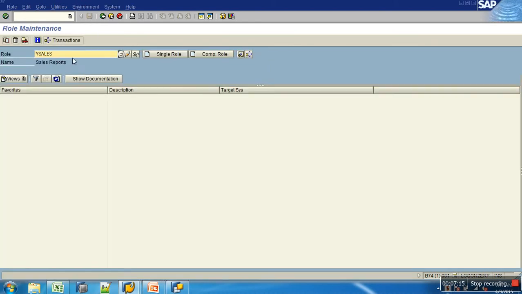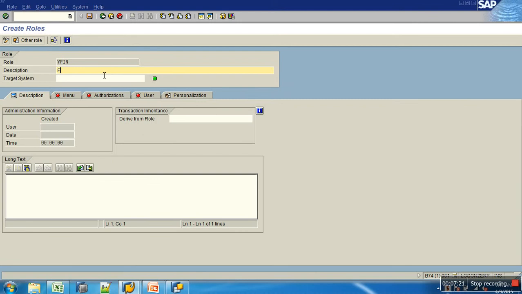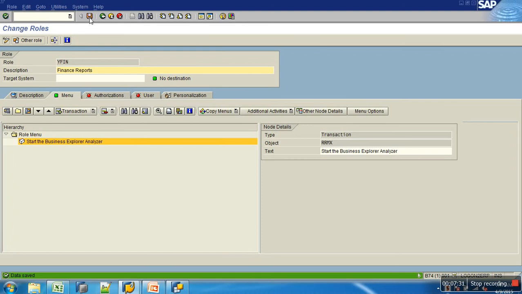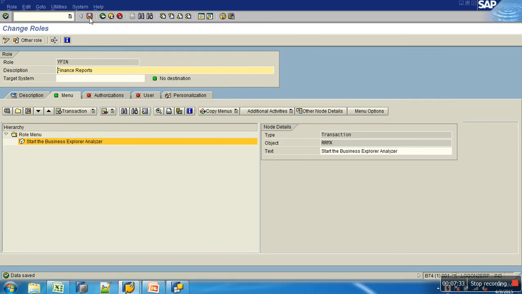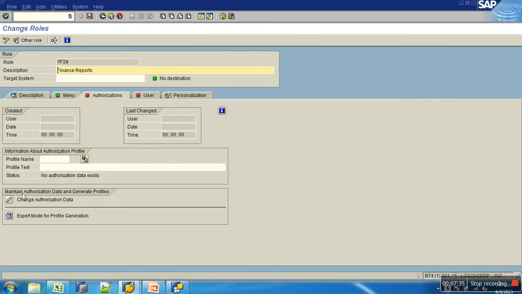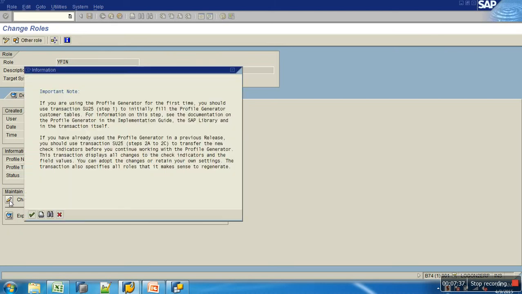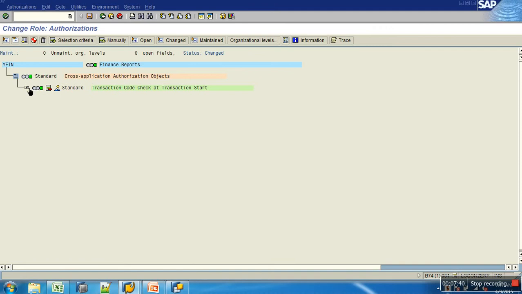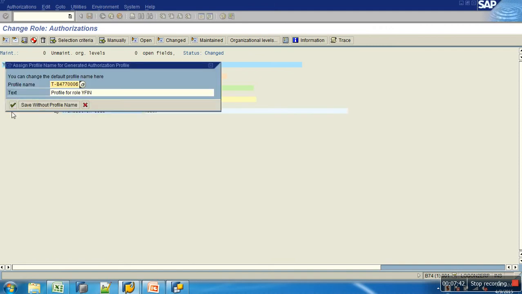Okay, let me create one more. Y fin, a single role, finance reports, save in menu transaction RRMX, nothing else. Just say generate, nothing else.